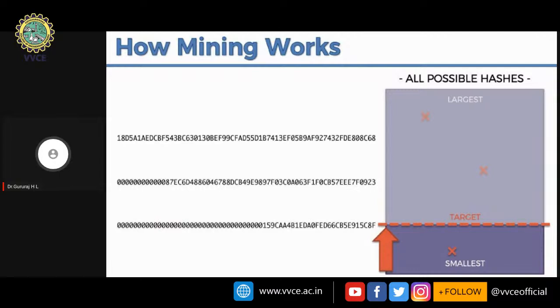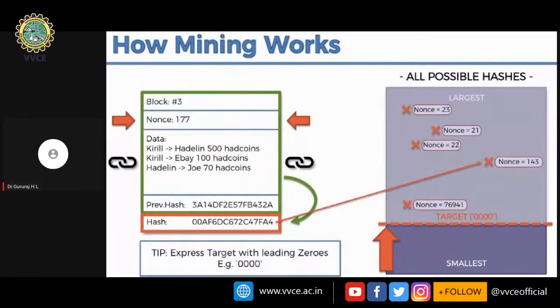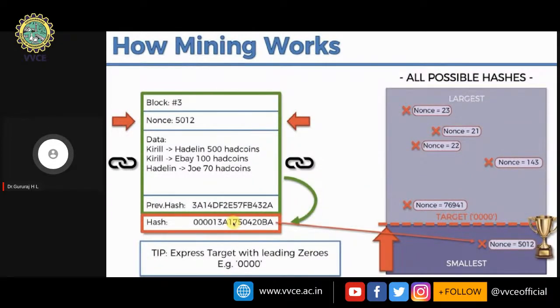mined value, and that block will be added to the network. Okay, remember, not the largest one, always it will choose the smallest one. And that setup is called choosing the target value. It will generate for 143, then the hash value will be something like this. For 5012, it will come up with a hash value like this,